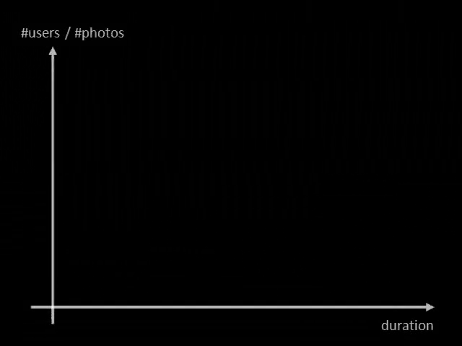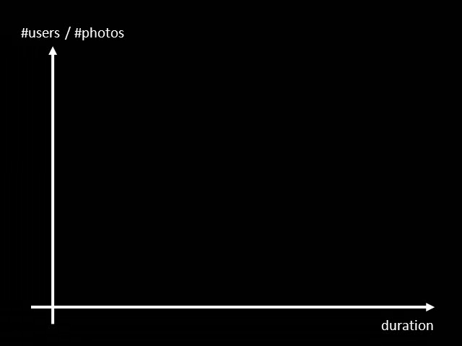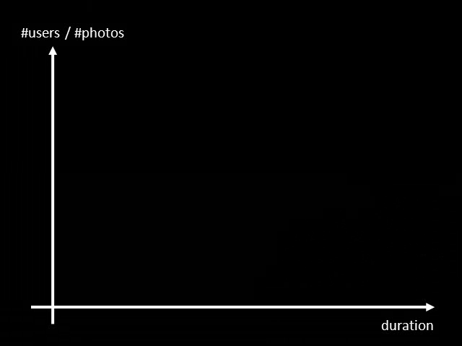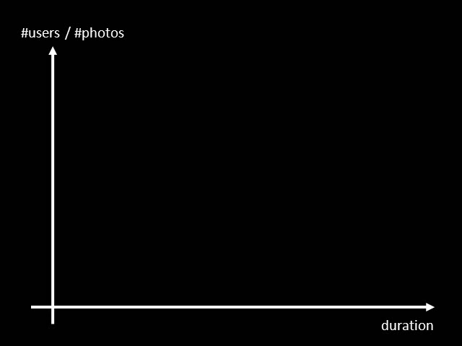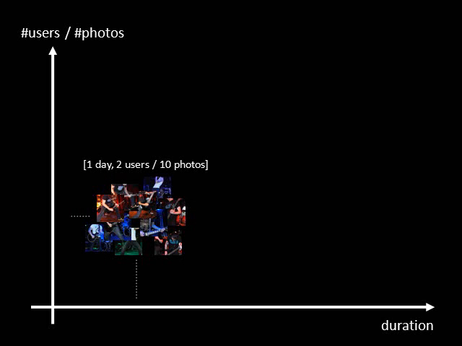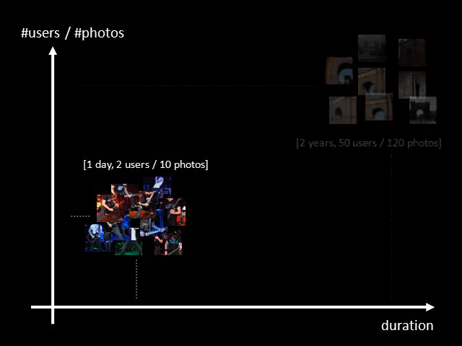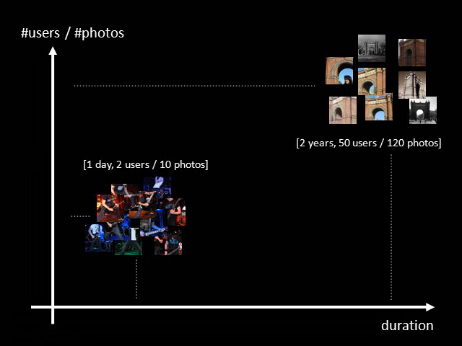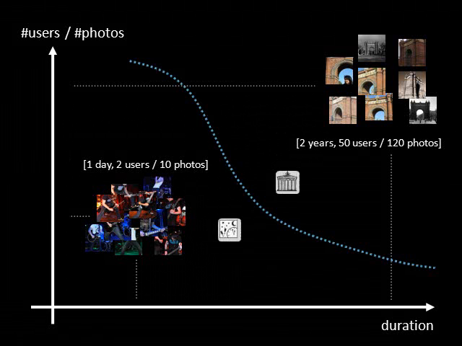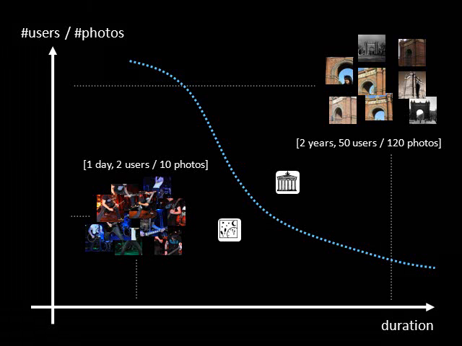The first of the two baseline features involves the duration of a photocluster, that is the time interval between its oldest and its newest photo. The second feature is defined as the ratio of the number of distinct users that contributed photos to the cluster over the number of photos they contributed. The basic premise of these features lies on the observation that events have a short duration and are captured by relatively few users, while landmarks are permanent and are photographed by many users. It is thus straightforward to draw a decision line separating these two classes on this two-dimensional feature space.